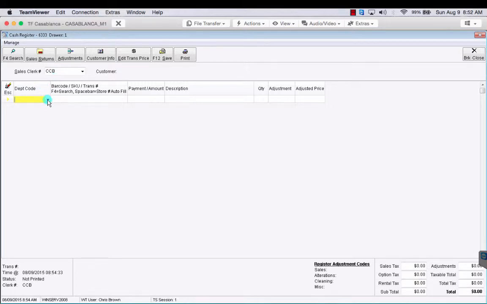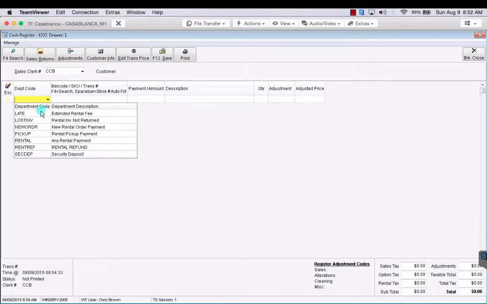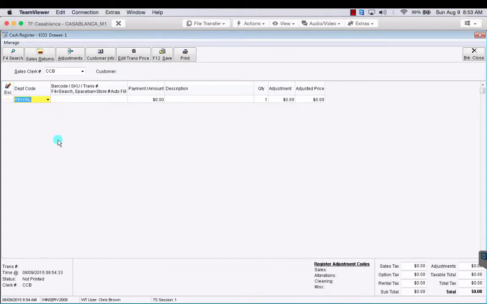In this case, because it didn't come from a new order, you'll have to select the correct department. In this case, it's going to be a new order, or a rental payment. Okay, could be a rental payment or a new order. We don't care. Press return,